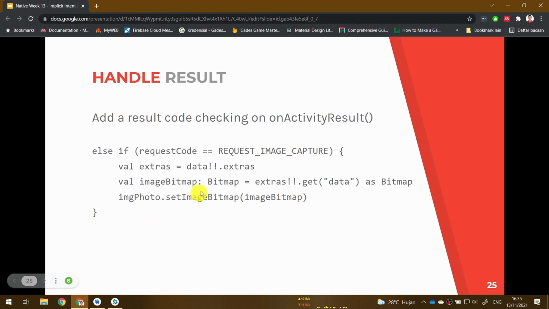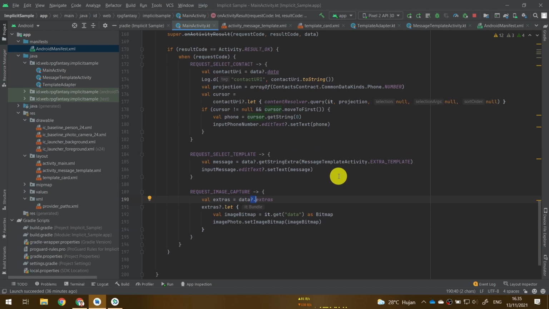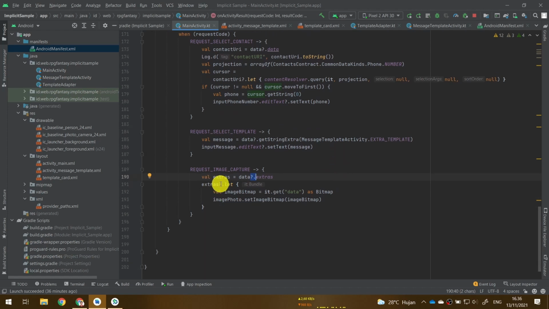Okay, I think that's all. We have prevented the use of non-null assertion operator like this. So instead of using the double exclamation mark, I will simply use a safe call operator, data?.extras, and then I change it with a let block.